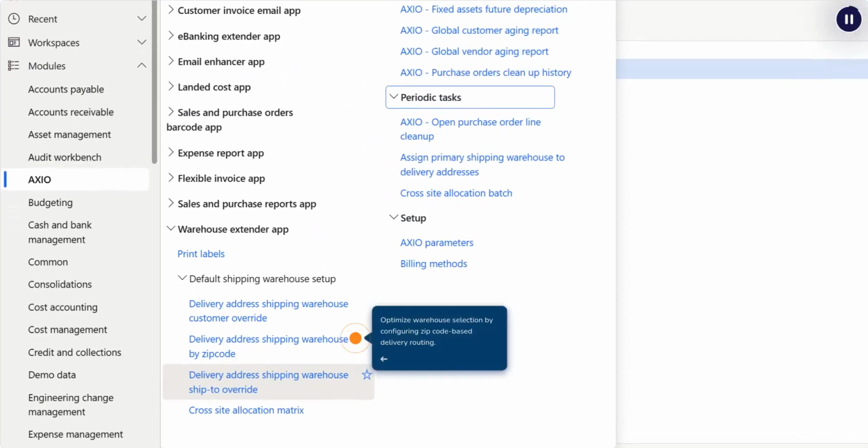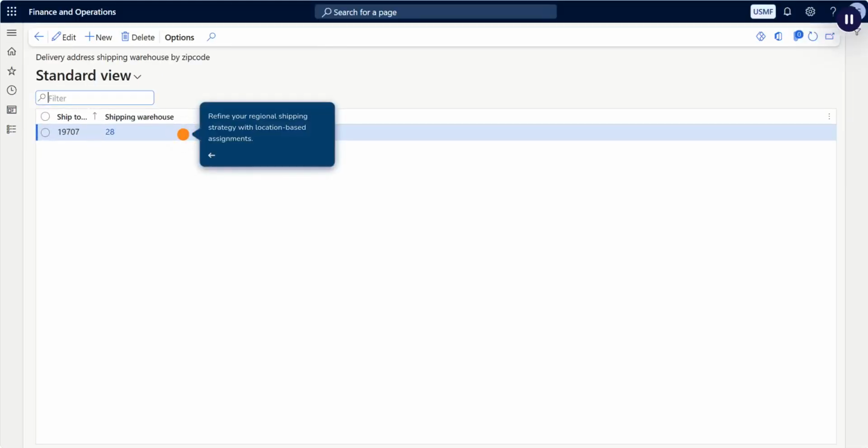The second option, delivery address shipping warehouse by zip code, enables you to assign default warehouses based on their proximity to a specific zip code. If the customer's default warehouse lacks sufficient stock to fulfill an order, the system can designate the delivery address shipping warehouse by zip code as an alternate fulfillment location. In this example, Warehouse 28 has been assigned to zip code 19707, as it is the nearest warehouse to that